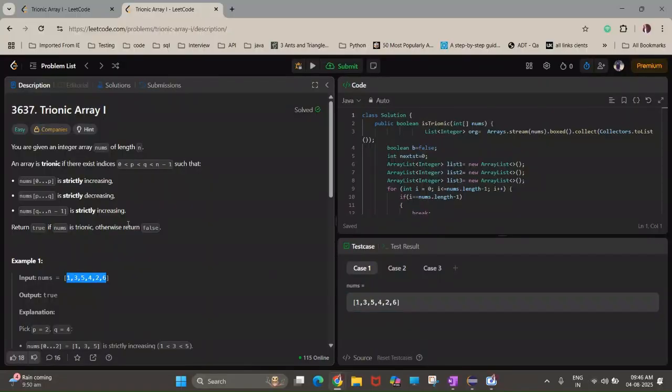So today's question is Easy: Trionic Arrays. You are given an integer array nums of length n. It is a Trionic if nums[0..p] is strictly increasing, like if you start from the 0 initially, 1, 3 and 5 are strictly increasing, starting from 5, 5, 4, 2 strictly decreasing, and starting from 2,